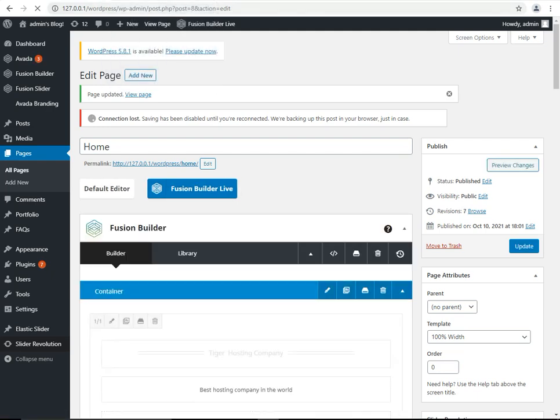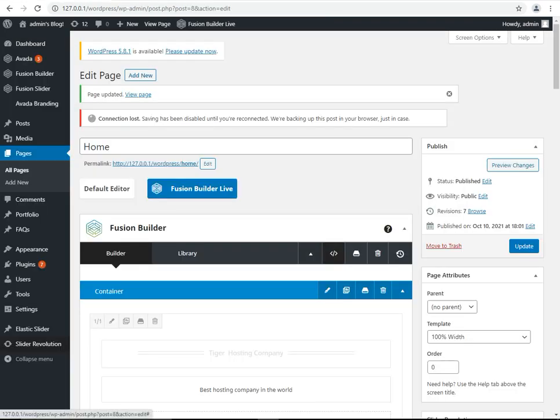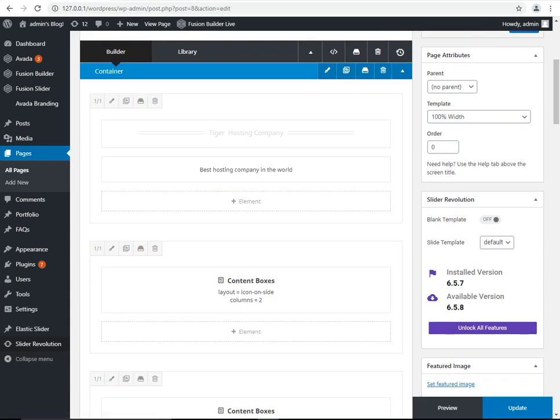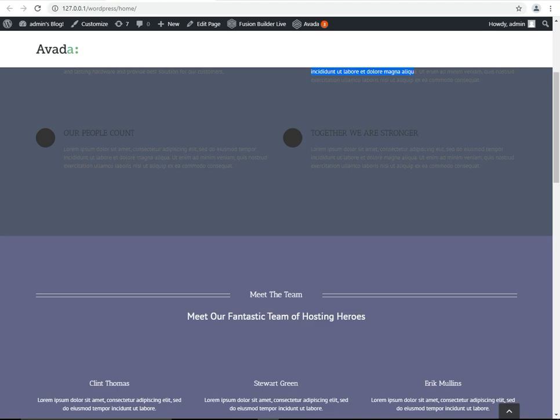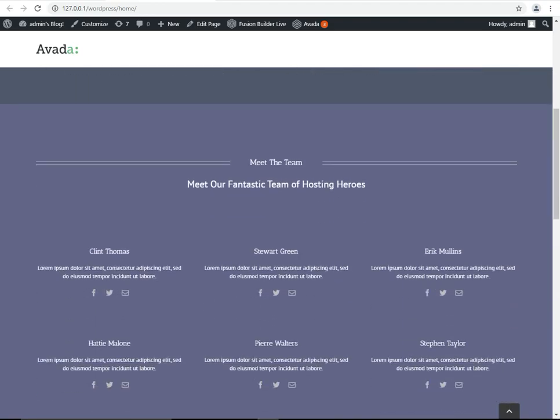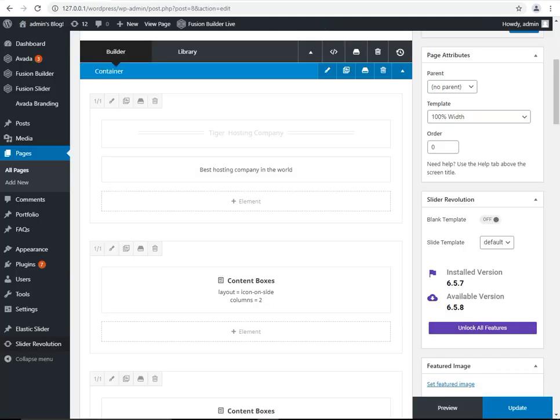Changes update. I am going to refresh the button. That's great. Heading color changed because we set the blue color. At this time we are going to change this. Our settings change here. You can see and you will enjoy the Avada settings according to our needs. I am going to change the setting here.